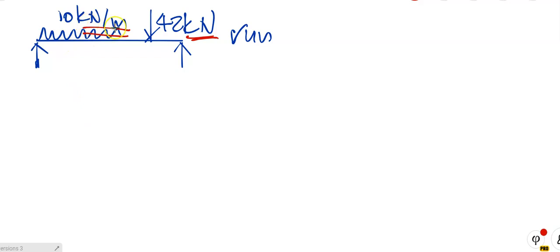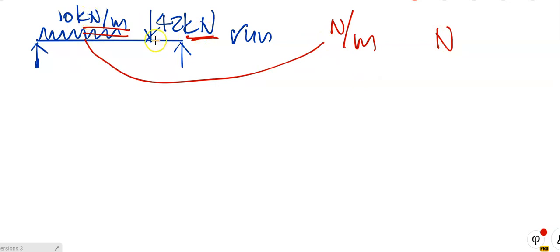UDL is kilonewtons per meter, or this is also the same thing, newtons, the same as that there but just as kilo. What is the K? Yes, you remember, don't you? It's a sub-multiple prefix, so it can either be newtons per meter or just newtons. So that there is a concentrated load, and that is a